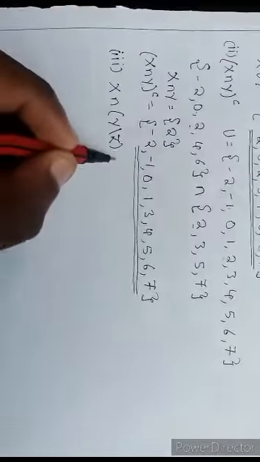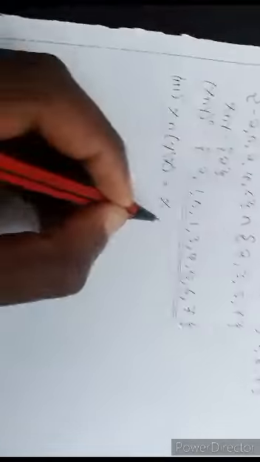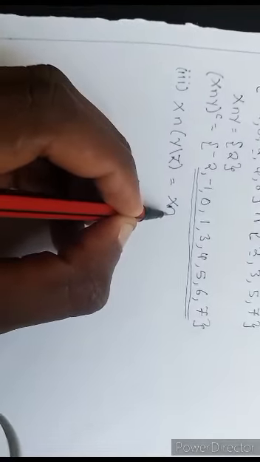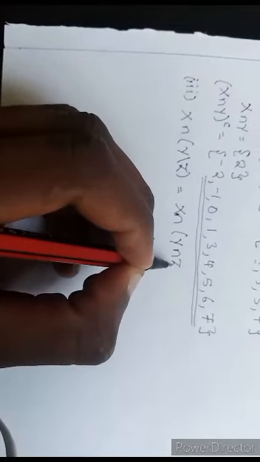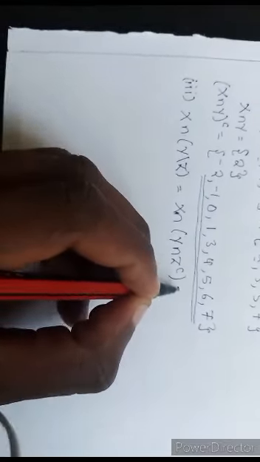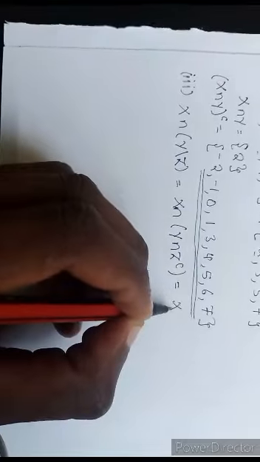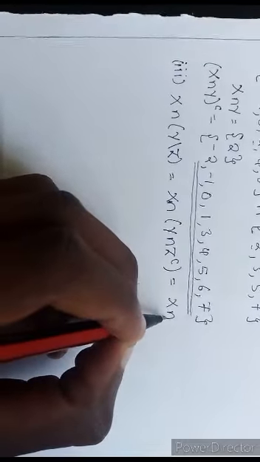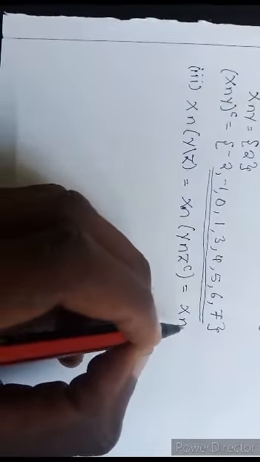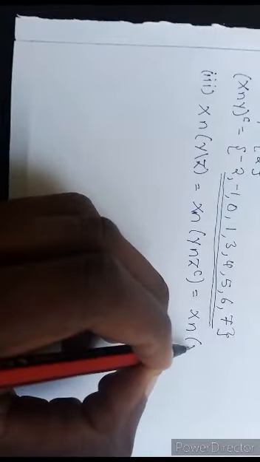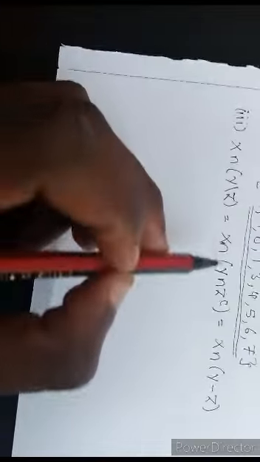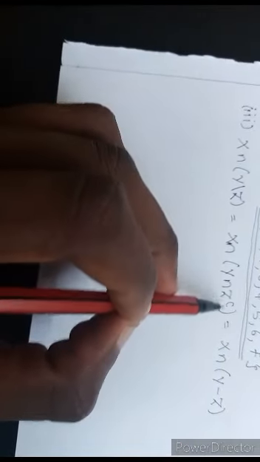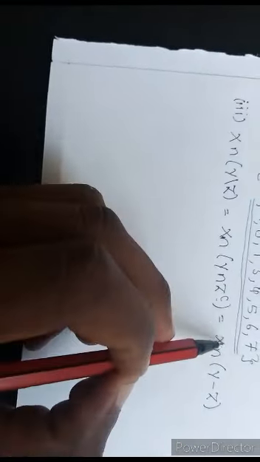So this is the same as x intersection y intersection z complement, which is equal to x intersection y minus z. So you can either choose to answer it using this method or this method, but I think this one